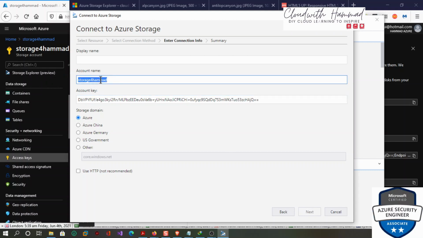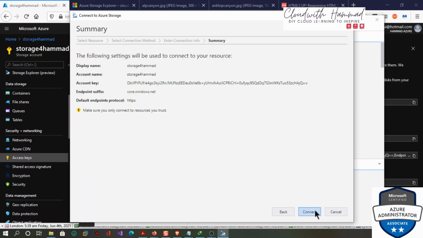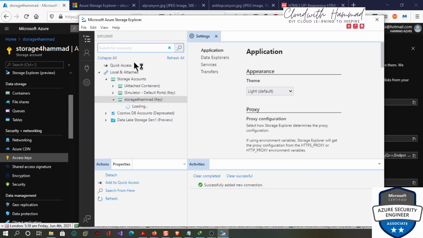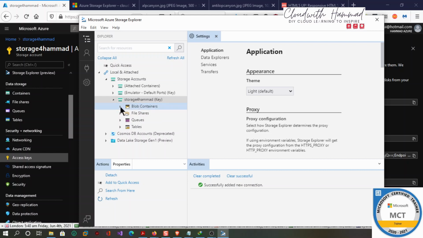Same thing. Use to connect to your account, click connect, and then once I hit connect, I would come back here, and you can see the storage for Hammad is already here, the blob container, which